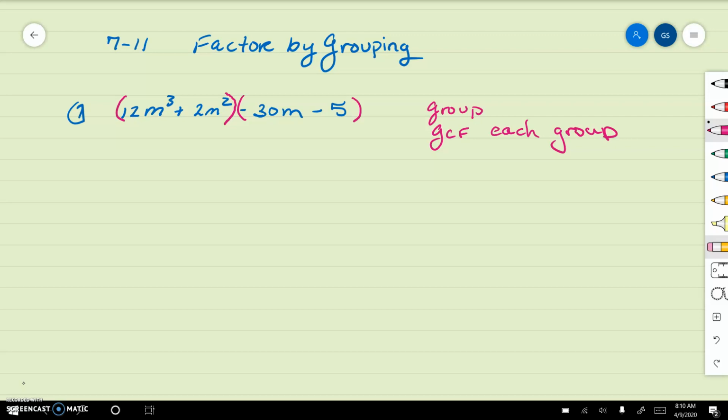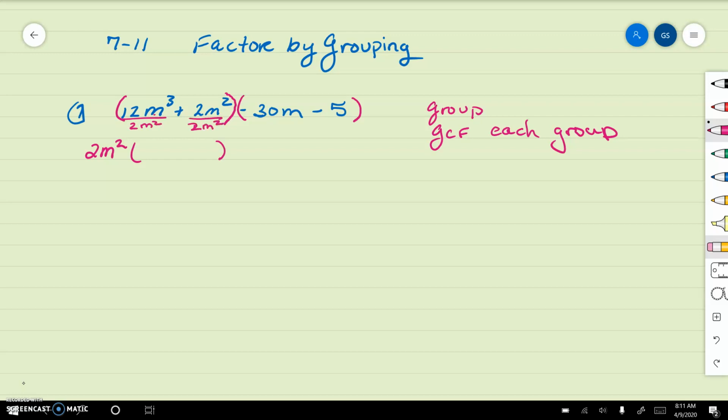Okay, so in the first group here, we have a 12 and a 2. Well, 2 goes into 12 evenly, and it actually is the largest number that will go in without a remainder. That's what it means to go in evenly. So 2m squared can come out because look at the m to the third. There's enough to take an m squared out, and 2 goes into 12 evenly also. So we're going to take the whole 2m squared out. And then what's going to happen is you have to divide by 2m squared